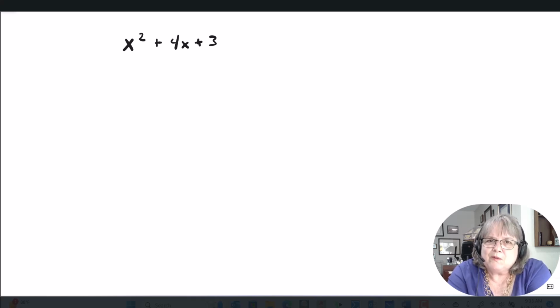So when you learn any technique in any math course, but it's absolutely crucial in the calculus series, you really need to have a list of steps that says, if it looks like this, I'm going to do this, this, and this, and this. If it looks like this, I'm going to do that, and this, and then this. And if it looks like this other thing, I'm going to do something else. So let's look and say, okay, one thing we know right now is if it's a trinomial,